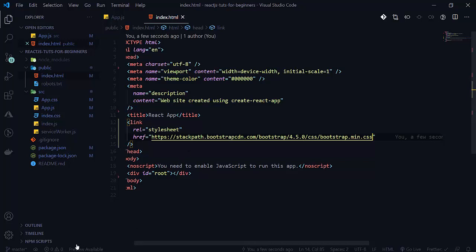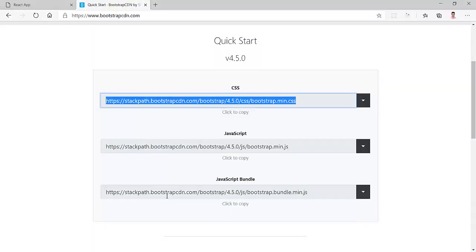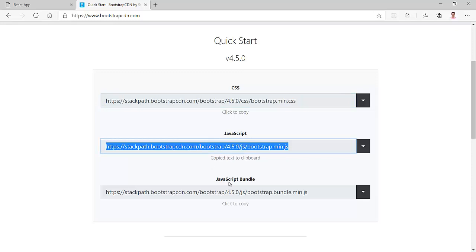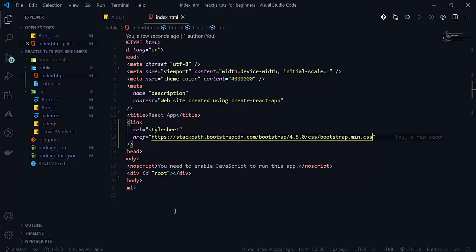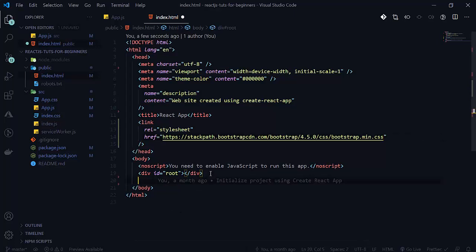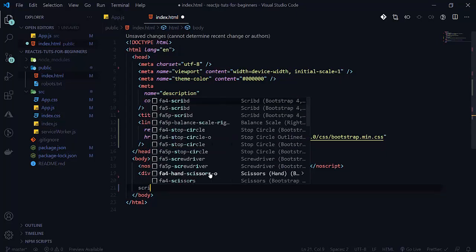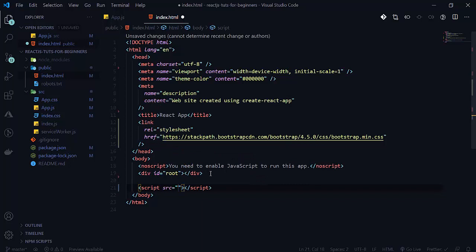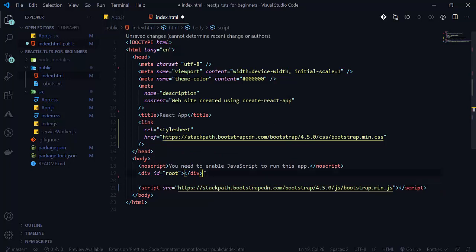Now let's add JavaScript also. For the JavaScript there is a need for jQuery also. I will not use the slim jQuery here, as you already know. So here will be a script source and we will write this.